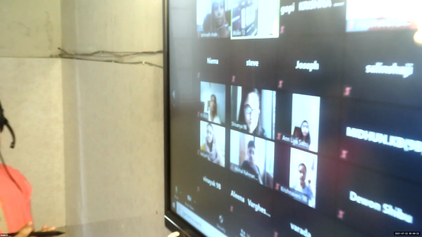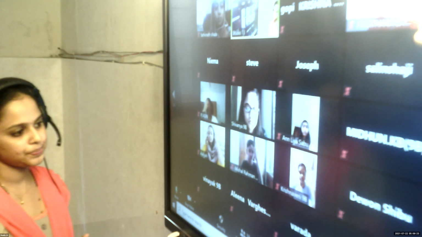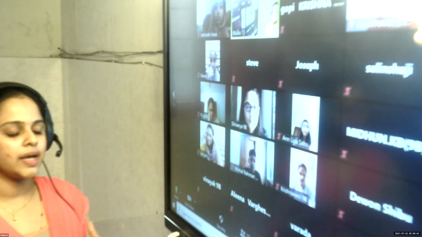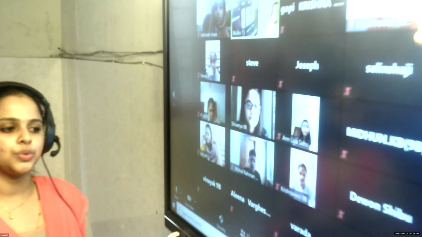Then the next question to Krishnaveni. Tell me the third equation of motion. v square minus u square is equal to 2as. Very good. Christo, can you differentiate each term present in this equation? v square minus u square is equal to 2as.